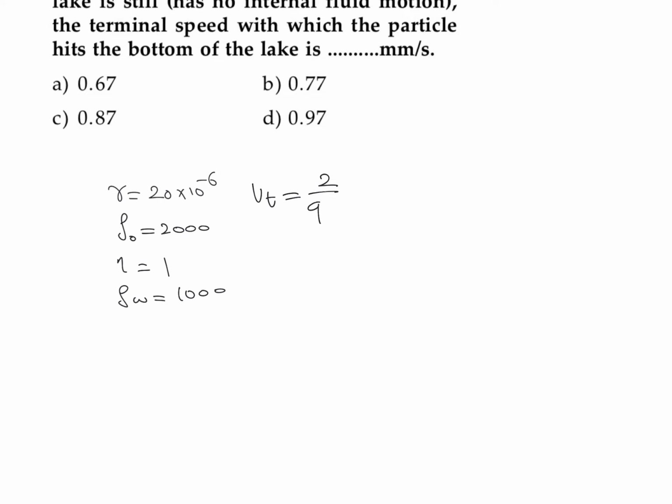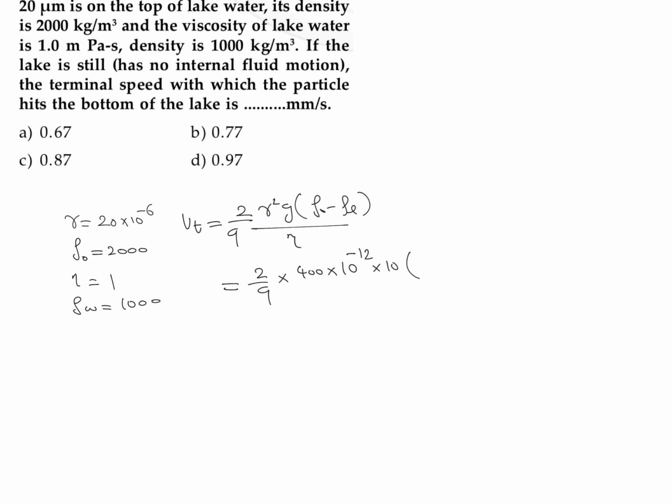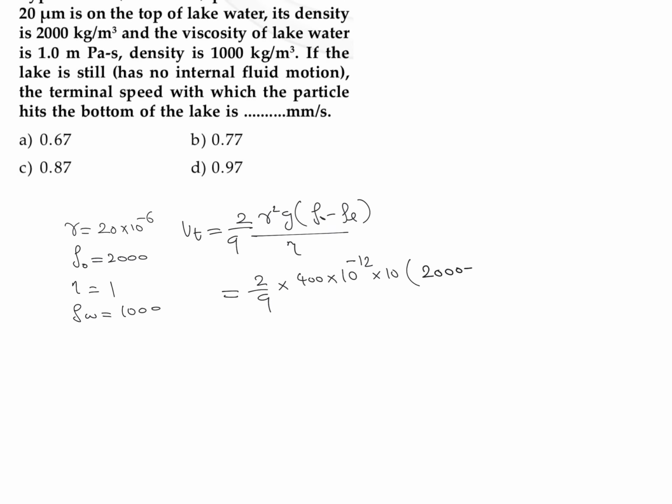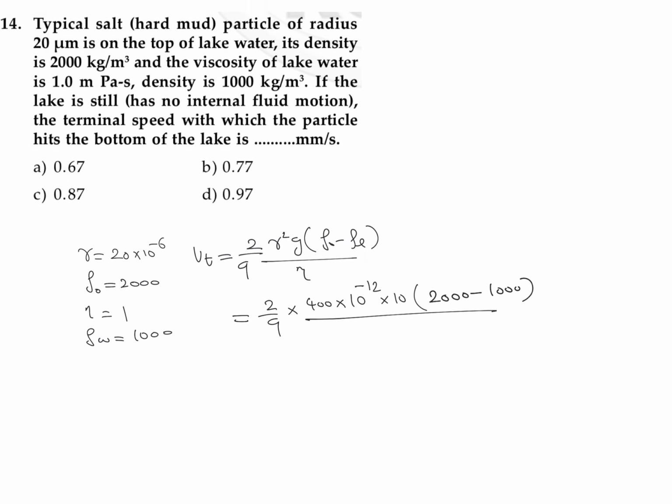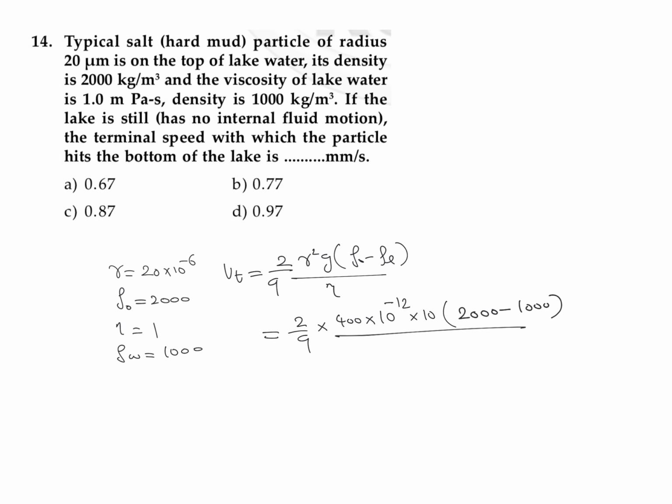That is 2 divided by 9 into r square g into density of object minus density of liquid divided by the value of coefficient of viscosity. So if you are putting the value, you can try 2 divided by 9 into r square. We can take it as 400 into 10 raised to minus 6 square, which is 10 raised to minus 12, into the value of g, which is 10, and density of object it is given as 2000 minus density of liquid, that is 1000, divided by the value of coefficient of viscosity, which is given as